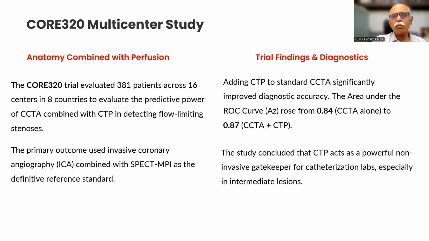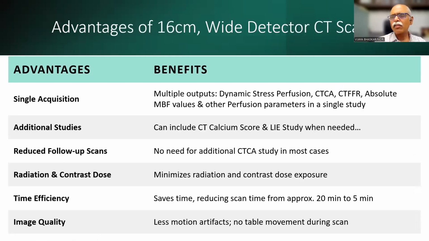So the CORE320 multicenter study tells us that by adding CT myocardial perfusion to CTCA, the accuracy improves by 2.87. The advantages of 16 centimeter are no table movement, so no step-shar artifacts, reduced follow-up scans. We can do this now with recent scanners. I have done